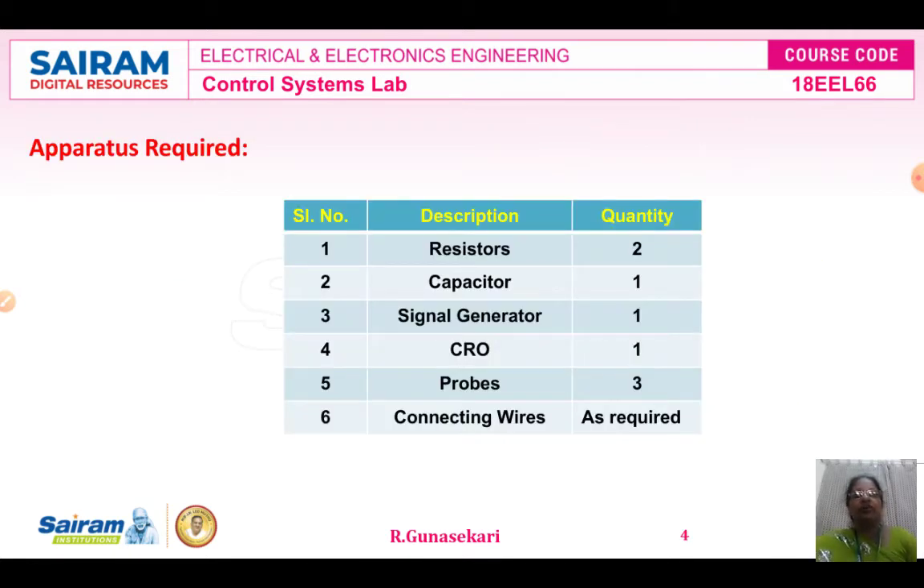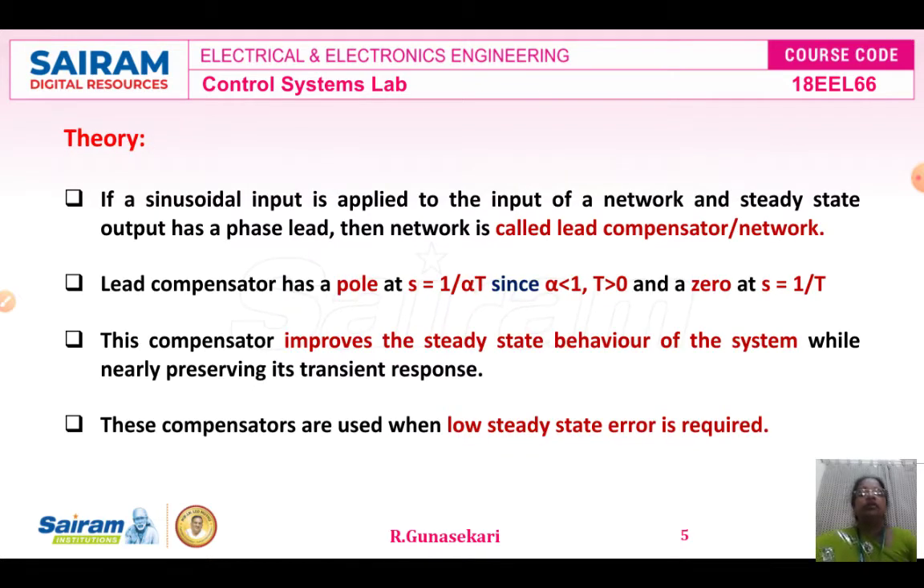Apparatus required: resistors R1 and R2, that's why 2 numbers, capacitor 1 number, signal generator 1 number, CRO 1 number, probes 3, connecting wires as required. Theory: if a sinusoidal input is applied to the input of the network with the help